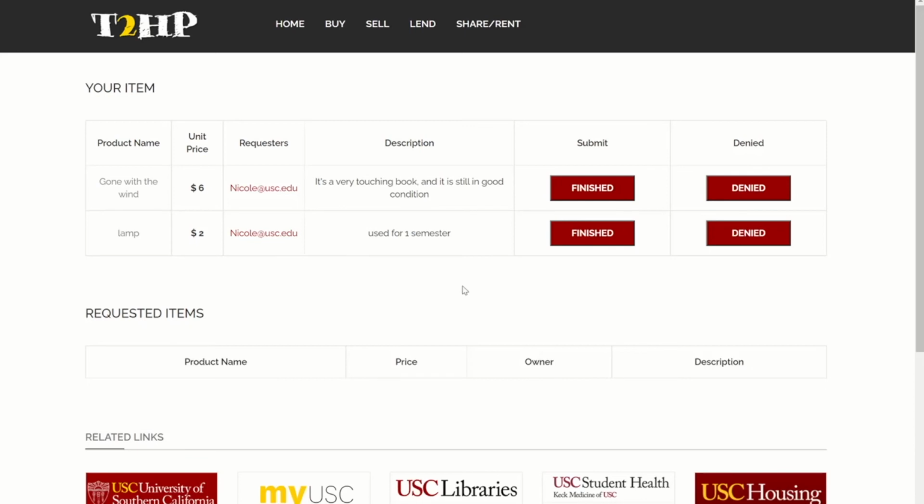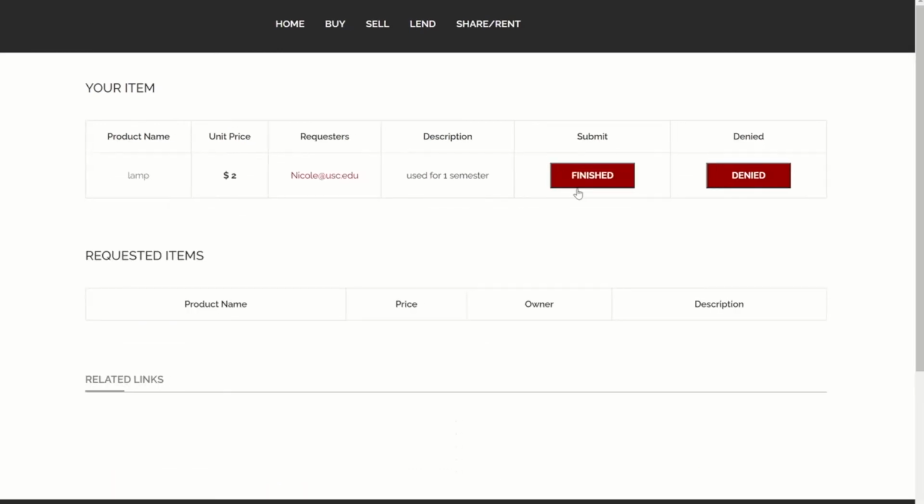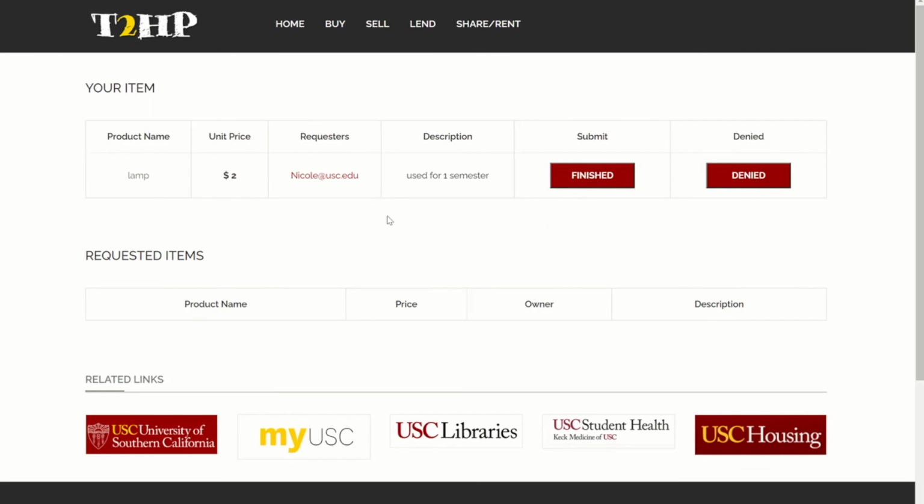And now with her email at hand, I can contact her. I can tell her that I want to sell this book or lamp to her, or that I don't want to sell this book or lamp to her, or maybe the things have already been sold. For example, I've sent an email to Nicole and told her that I want to make the deal with her on the book Gone with the Wind. So after we've finished our transaction, I can click finished,